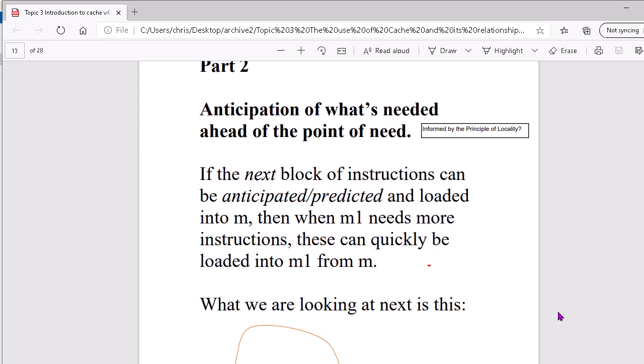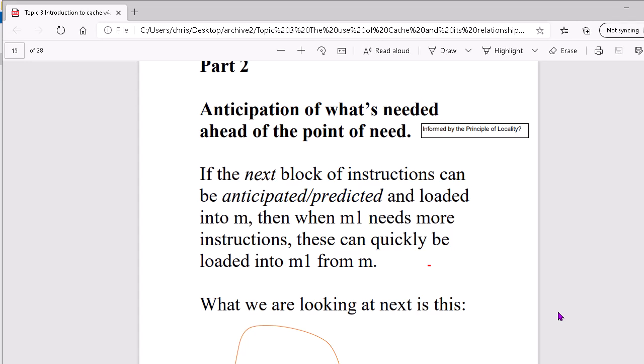So what's actually going on here is the need to anticipate what you will actually require ahead of the point of the need for something. So, you're going to be informed by the principle of locality. For example,